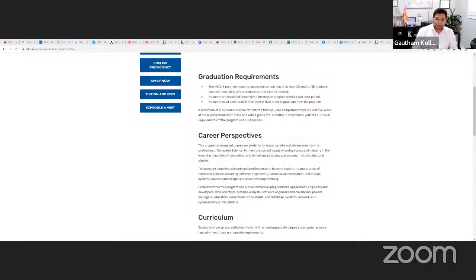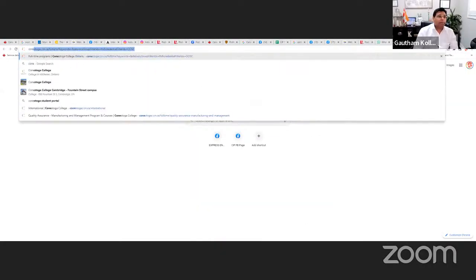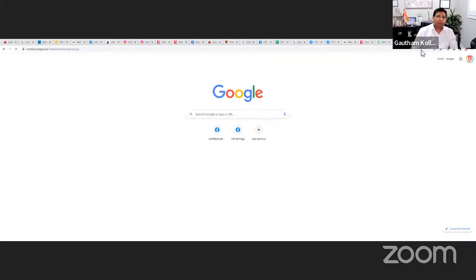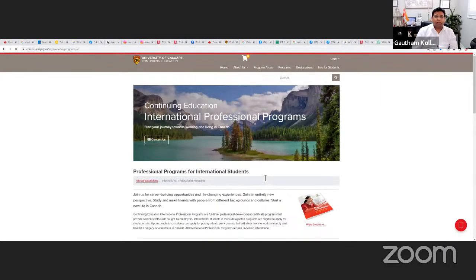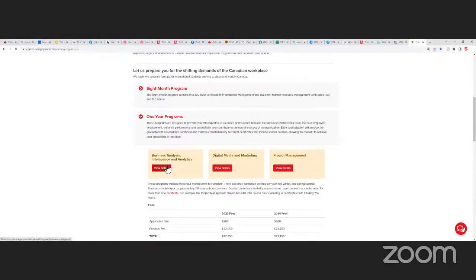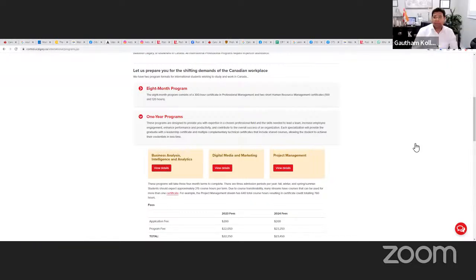You can also go to provinces like Alberta. Alberta might be easy for you while your wife is studying. For example, we work with Bow Valley College, and there's also a university we work with, the University of Calgary. They have very limited programs, but if your wife is not interested in programming, University of Calgary has 1-year programs in business analysis, business intelligence, and project management. So if she's not interested in doing a master's, she can do that.